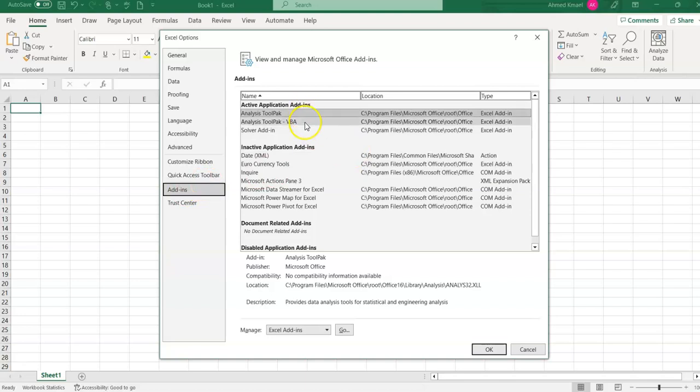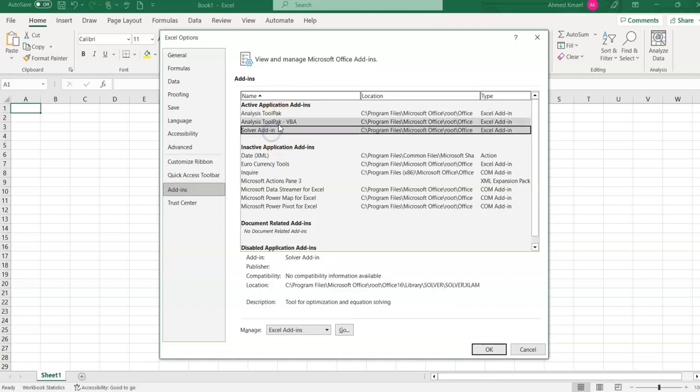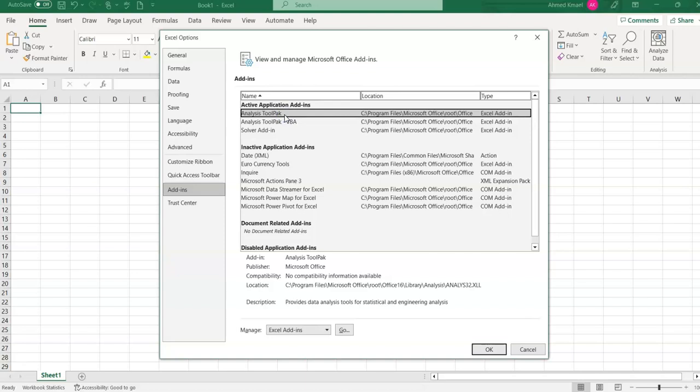and these are all the possible built-in add-ins in Excel. They already exist, you just need to bring them out. This is the one you're looking for, the analysis tool pack, and also you will need the solver add-in, but you will do this one at a time. If you do Visual Basic, you can also install these, but for the analysis tool pack, you will just highlight this and you will say go,